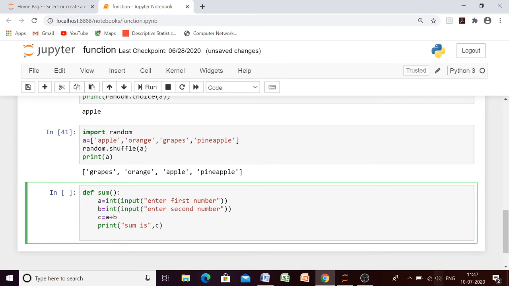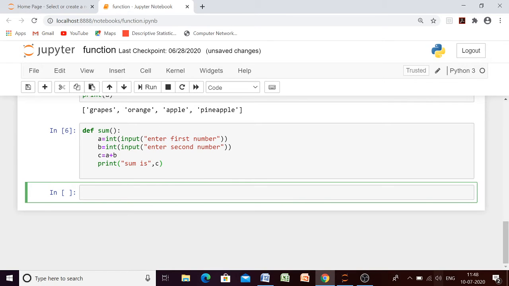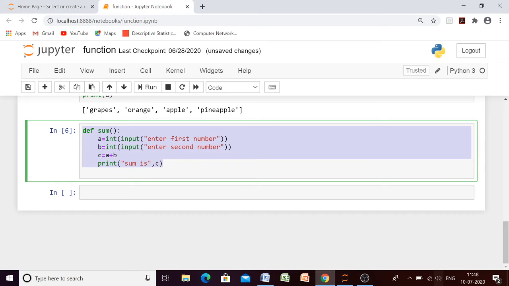Now let us try to execute this one. What do you think? Will we have any output? Any guess? We don't have any output because I already told you that a function is not going to execute until it is called. We have only defined our function, but the function calling statement is not there.